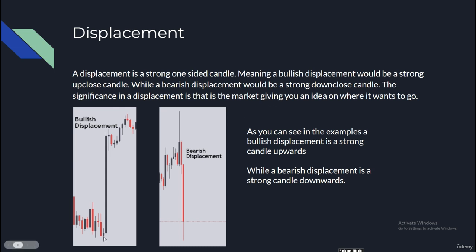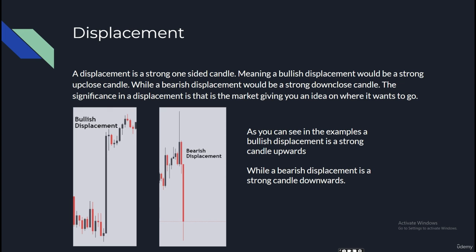So a bullish displacement is this right here, this long, strong black candle, and over here our bearish displacement would be this long and strong red candle. Okay,